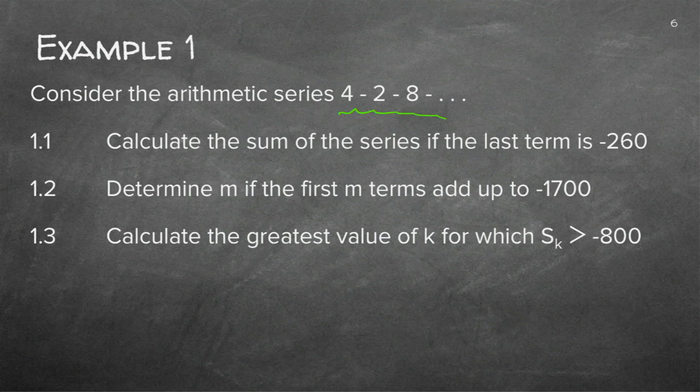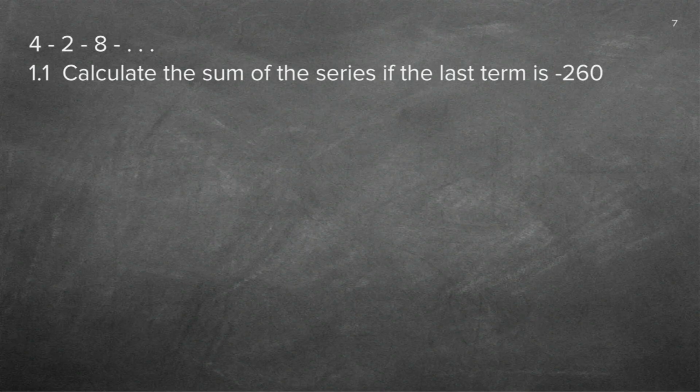Now immediately I know a formula with L, the last term. So let's just get some space. I'm going to write down the formula. Sn is equal to n over 2 (a plus L). Because they gave me the last term. There is the last term. But now if I look at the rest of the sequence, I need the a and I actually need the n. Because I don't know how many terms I must add up. They said the last term. So if I've got the a, there, I've got the a. So let's just tick that. I've got the a and I've got the L. Because a is my first term, which is 4.